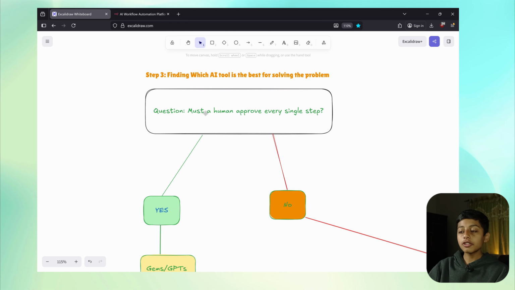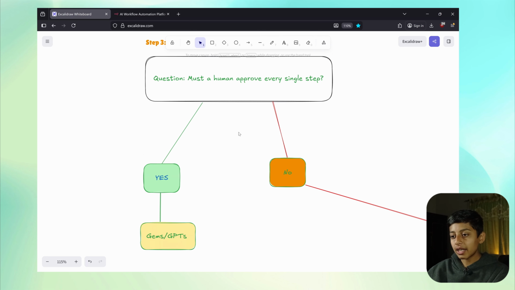The first question you need to ask yourself is, must a human approve every single step? It means the human has to sit there and constantly improve the response AI is giving. Things like research, which actively needs the human to be present there and find the best data and sources. And also things like you want AI to edit some sort of proposal which you need to give to a specific client, so you would want to sit there and edit that proposal until the AI gets the best output which you can eventually use.